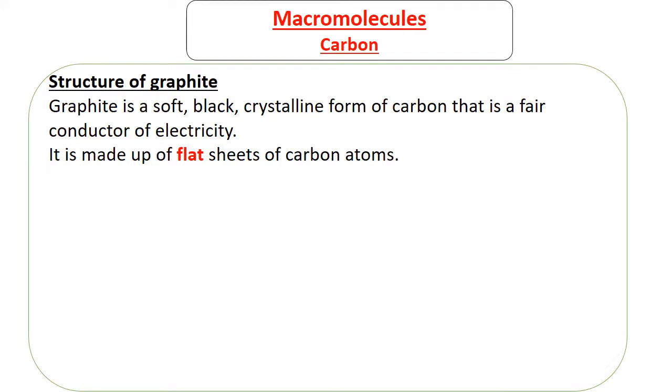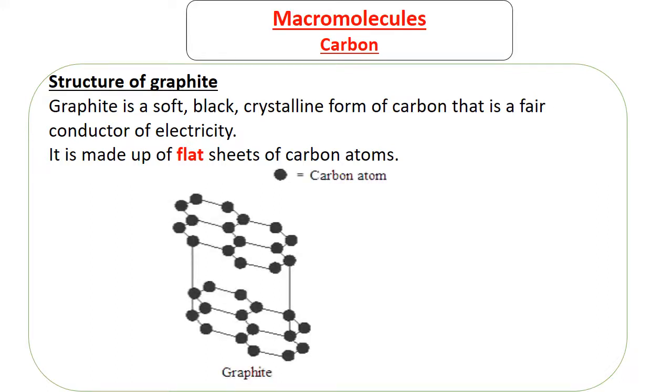Graphite is made up of flat sheets of carbon atoms, as you are going to see in its molecular structure. So this is the molecular structure of graphite. There may be 2 or 3 things to notice. The first is, by the way, the black things here represent carbon atoms, and these ones, as we learned, are